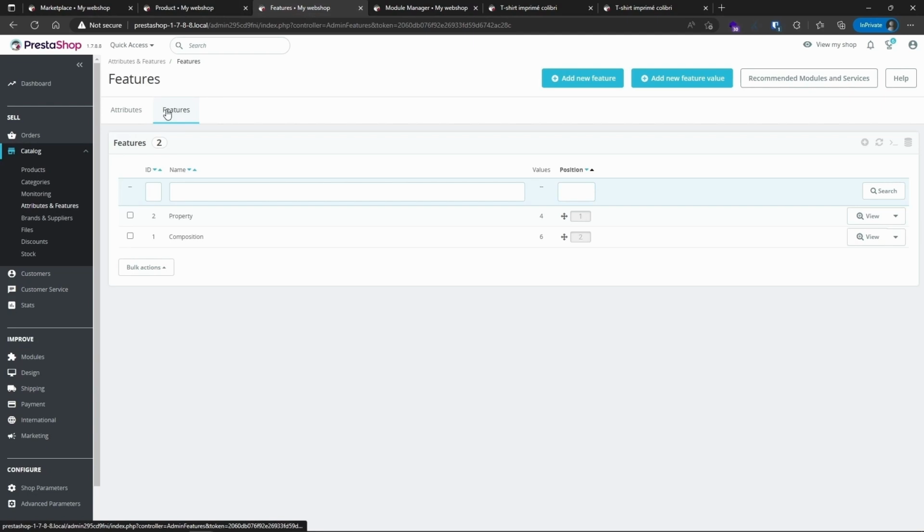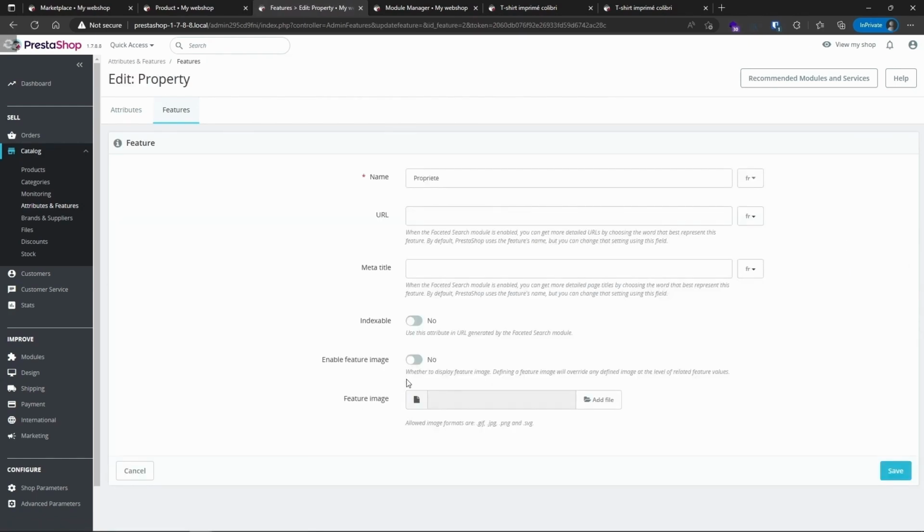To do this, simply go to the Features tab under the section Attributes and Features. It should be noted that the order of displaying the images of the features follows the same order of positions of the features. On the other hand, the order of displaying the images of the features values follows the alphabetical order. In order to assign an image to the feature property, just edit it, activate the Feature Image option, and